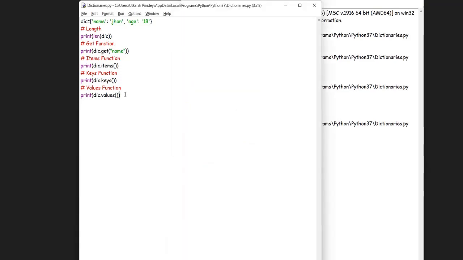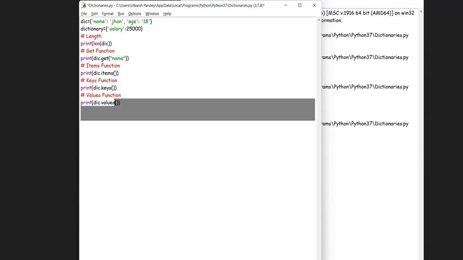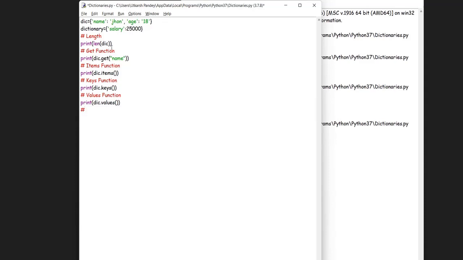So now it's time for the next function. The next function is the update function. It's similar to adding another dictionary to a previously existing dictionary. Here, I'm going to create a new dictionary whose key is salary and whose value is 25,000. And now I'm going to append this dictionary to the previously existing dictionary dic, and this function is known as the update function,